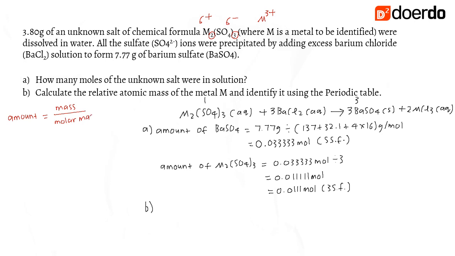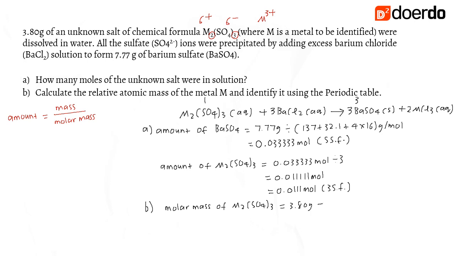To identify the relative atomic mass, we basically want to find molar mass, which would mean we need to divide the mass by the amount. So, to find molar mass of M2(SO4)3